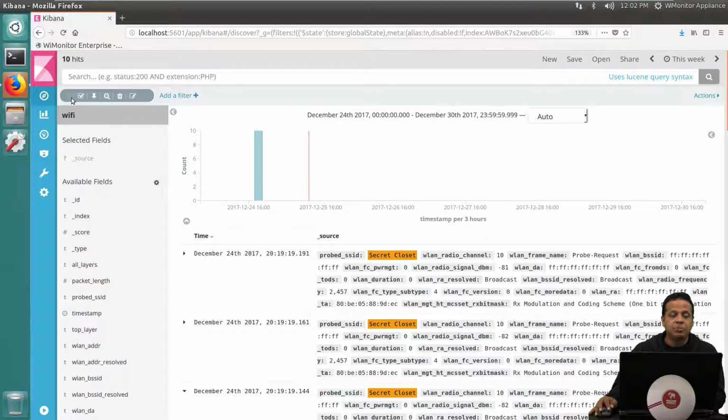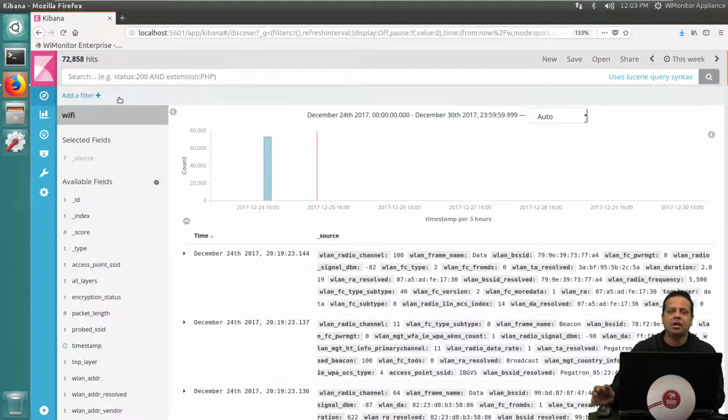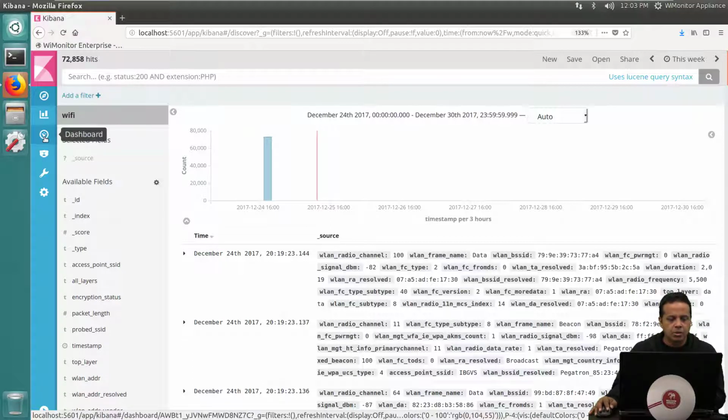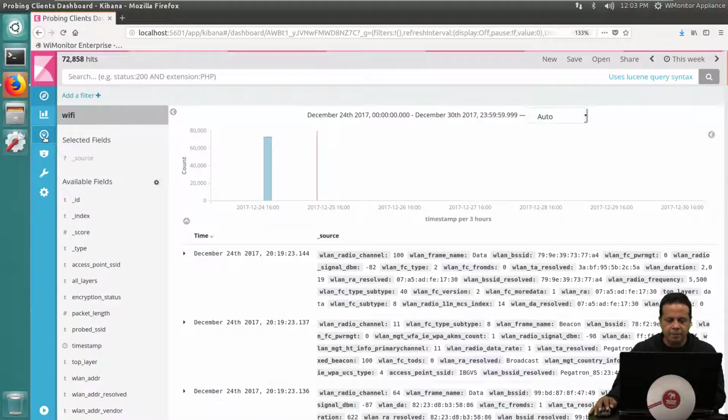Now keep in mind, once you pin a filter, this actually ends up applying across all dashboards, all charts, everywhere. So remember to delete and remove pinned filters, or else you might not end up seeing a lot of traffic, right? A very common mistake when people use Kibana. So I'm going to go back to dashboards again,